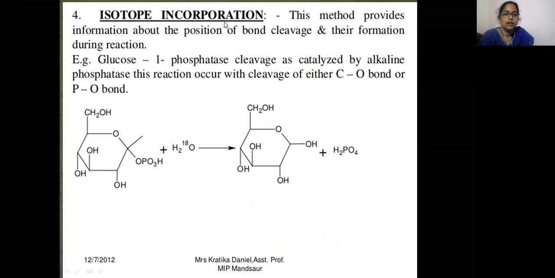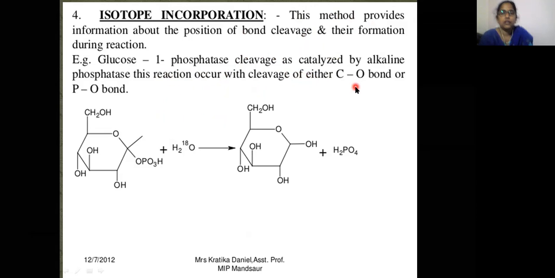The last one is isotope incorporation. By incorporating isotopes into the compounds, you can get information about the position of bond cleavage and bond formation during the reactions. This can be found out by using isotope incorporation. So if you introduce a radioisotope in glucose 1 phosphate, and this reaction is catalyzed by alkaline phosphatase,